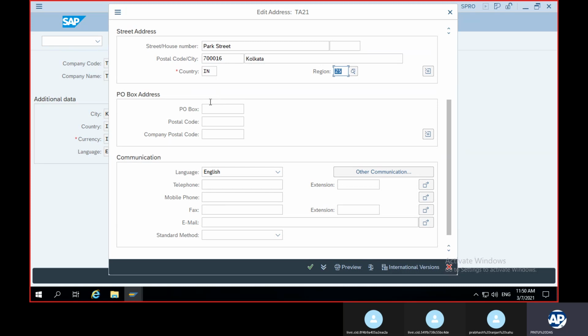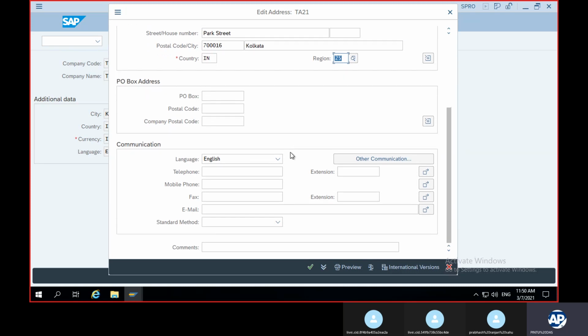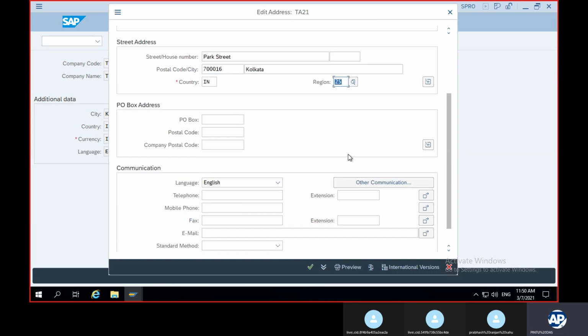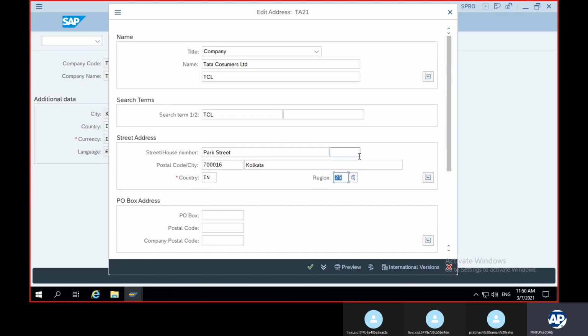These are all optional requirements: PO box, postal code, language, telephone number, mobile. The more data you give, the more information will come when you generate the reports. But these are the basic information you have to provide.